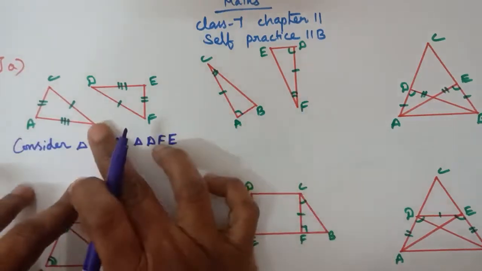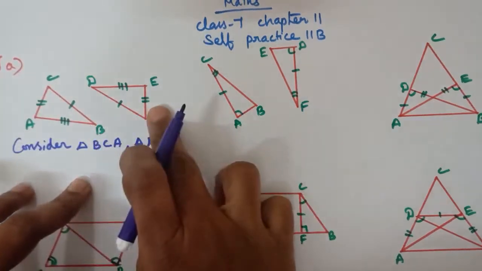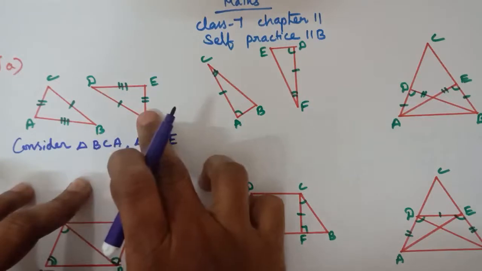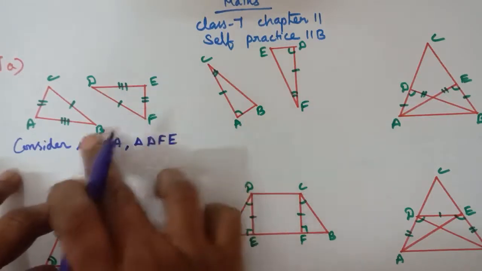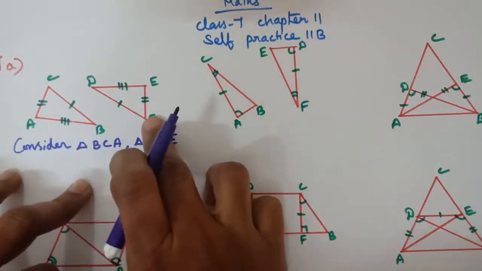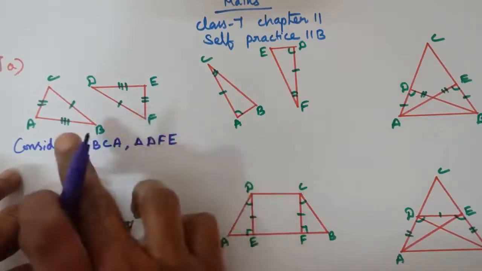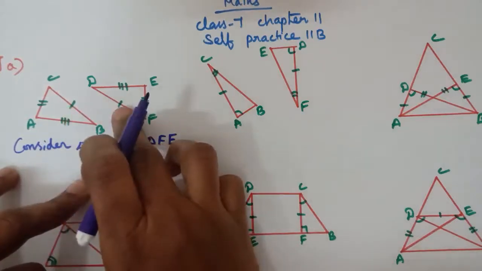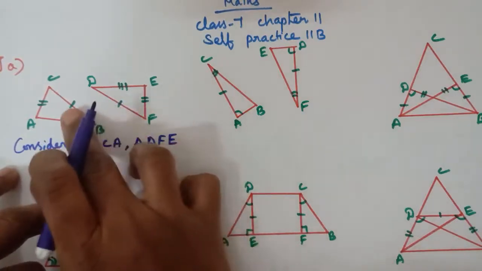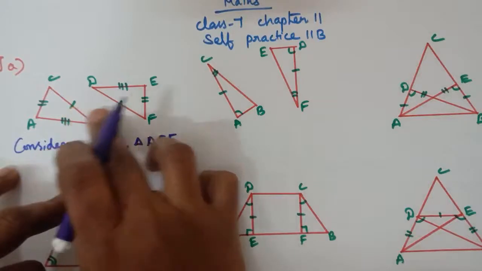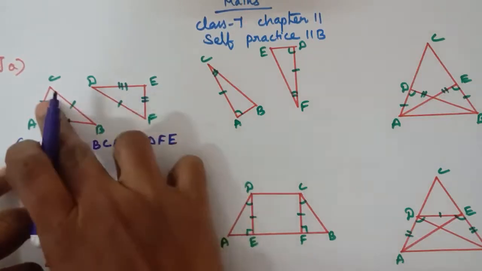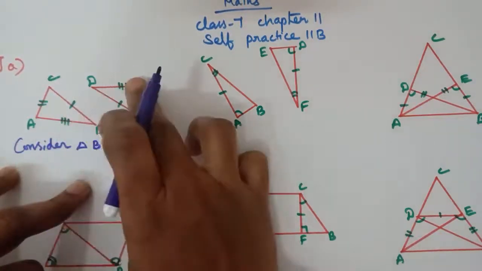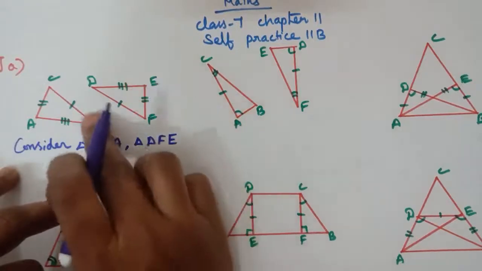Here there are two triangles. Just look at these two triangles. We have to prove these two triangles are congruent. How will you prove it? Students, listen. First, look at these figures. This is the first side, this is also the first side. We are already given this information: this first side is equal to this first side, this second side is equal to the second side, this third side is equal to this third side.